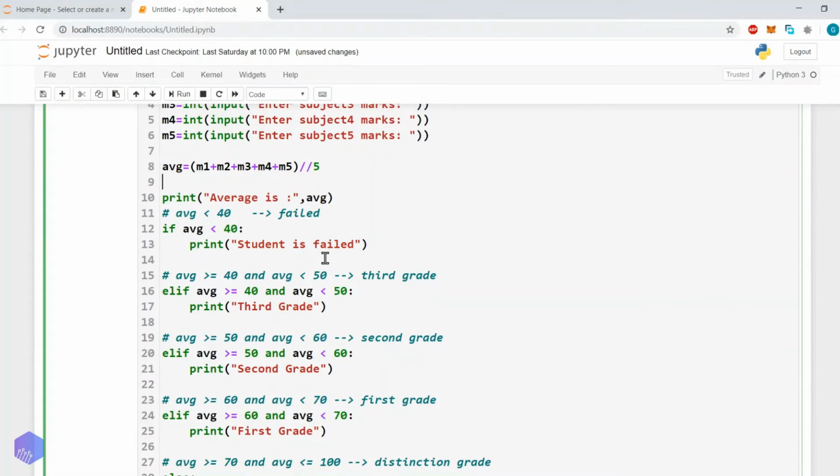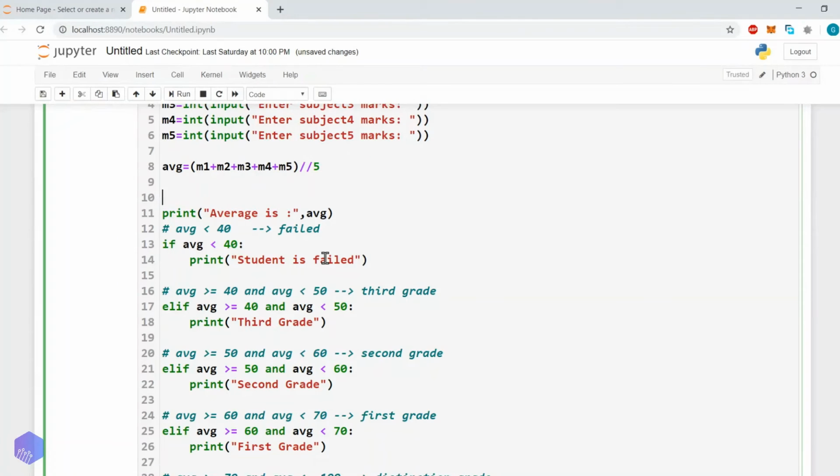So let me put that if m1 is greater than or equal to 40, and m2 greater than or equal to 40, and m3 greater than or equal to 40, and m4 greater than or equal to 40, and m5 is greater than or equal to 40.